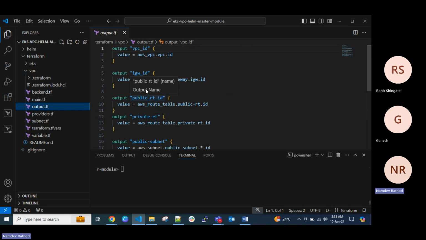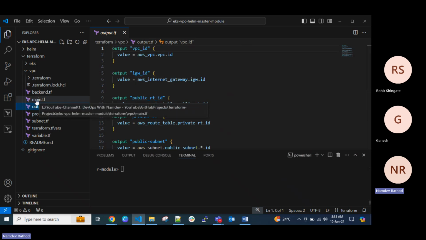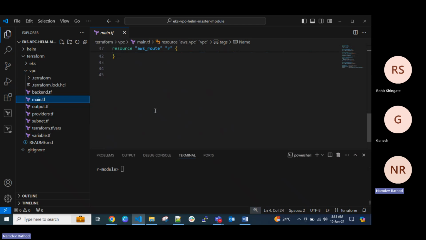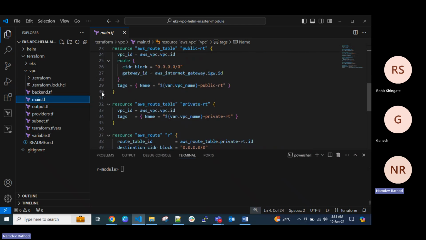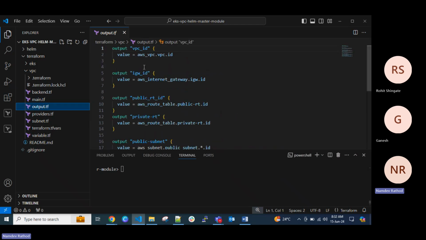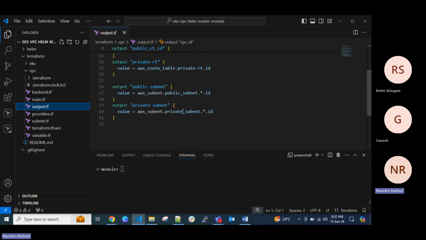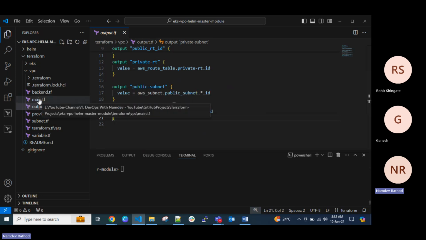But now the difference is only we have segregated properly in a structured manner. So instead of increasing the main.tf file's coding lines here, we can just segregate it properly. So we can easily understand, yes, we are just getting these values like VPC ID, internet gateway ID, public route table ID, then your subnet ID. You can also add for the load balancer as well if you are deploying the load balancer here. Okay. And this value you can refer in the main.tf file